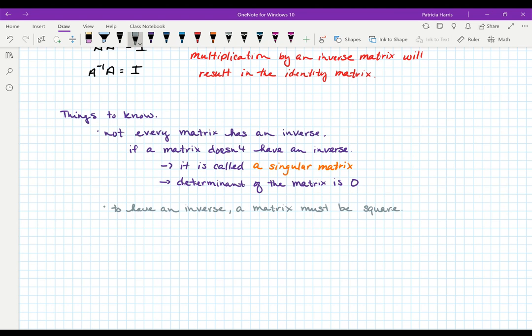All right. So how do we find an inverse? Okay, so for a 2 by 2 matrix, we're going to use a formula. For a 3 by 3 matrix, I'll show you in another video how to use the calculator. Okay, and there is a way to do a 3 by 3 and larger inverses by hand, finding the inverse, but we're not going to get into that today. Okay, so for a 2 by 2,